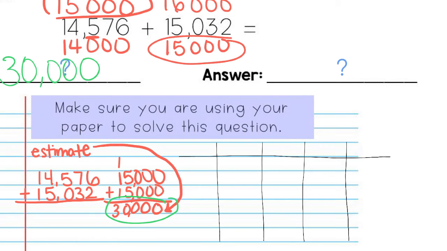So here we have our place value chart. Now let's fill it in. Ones, tens, hundreds, thousands, ten thousands. And I know I can stop in the ten thousands because my estimate was 30,000. That's in the ten thousands. All right, now let's add our first number,